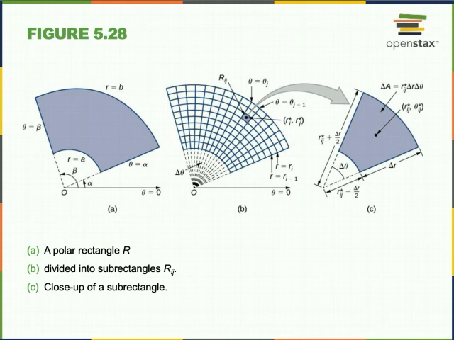It's the easiest thing to start with. But here's the idea. So I've got a polar rectangle, and I'm going to go ahead and partition it up into a bunch of smaller sub-polar rectangles. I'll just call them sub-rectangles. Okay? And when you do that,